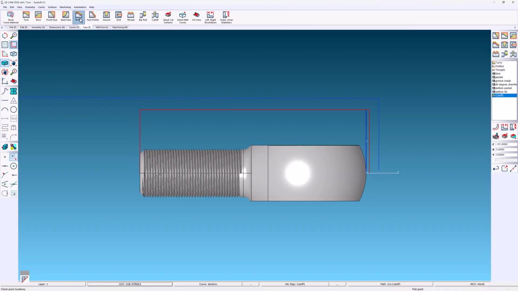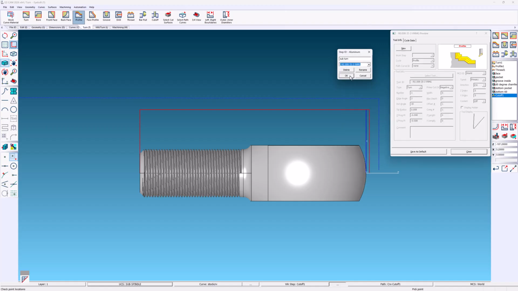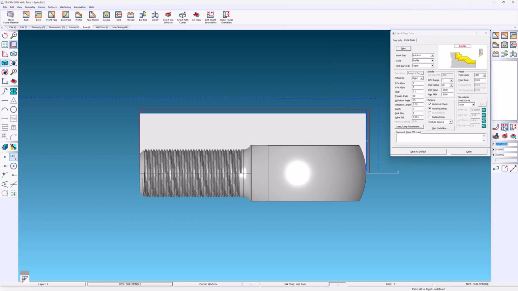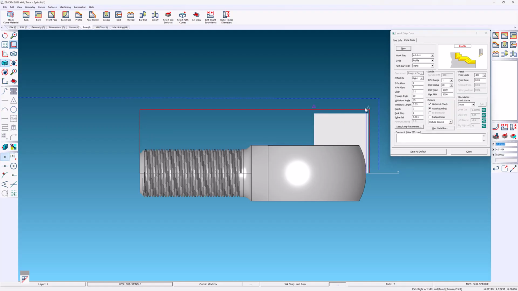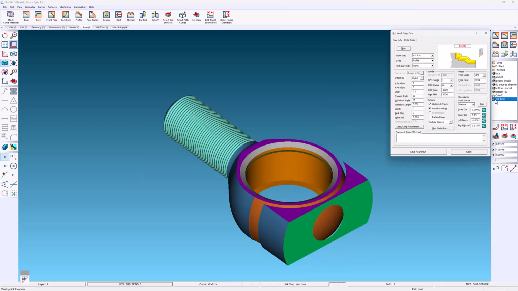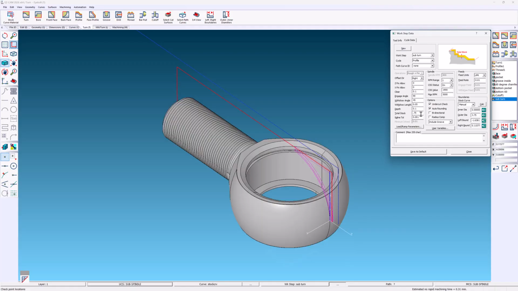We'll take multiple passes using a profile operation. Rough turn would also work. But in this example, we have too much stock for one pass. Set the depth of cut first, then the total stock will appear, which we'll set to 0.75.